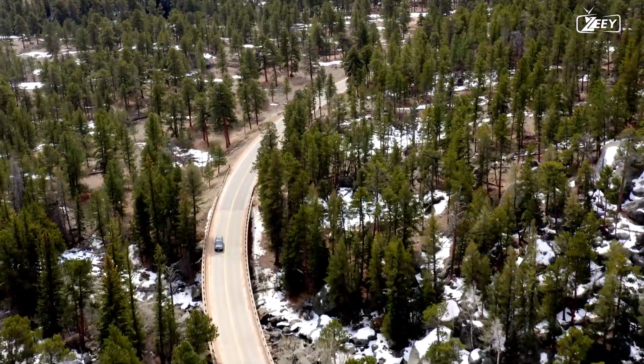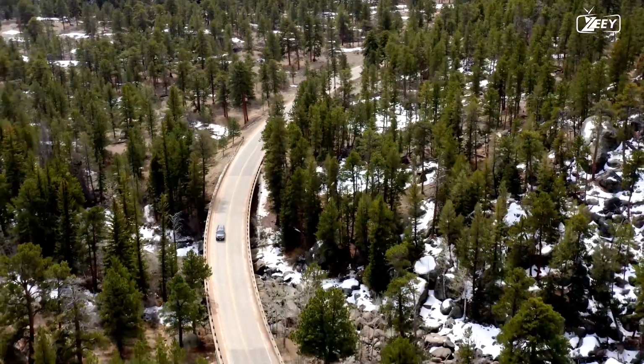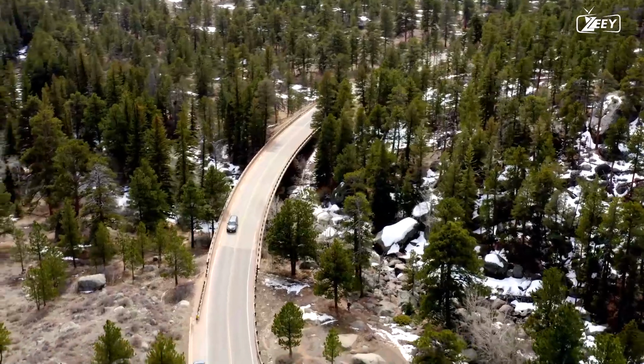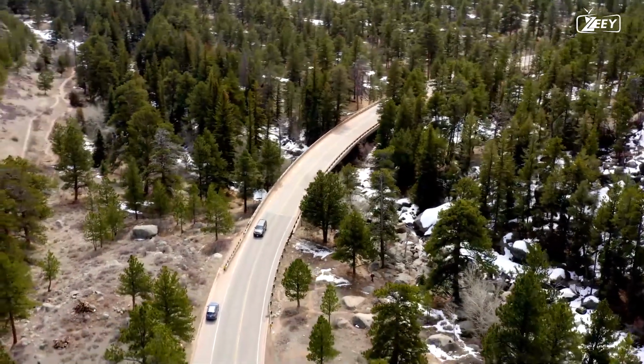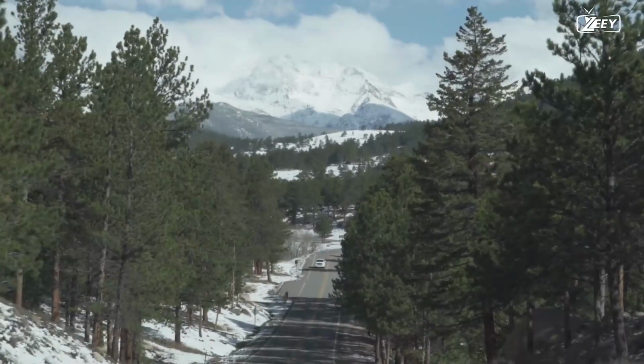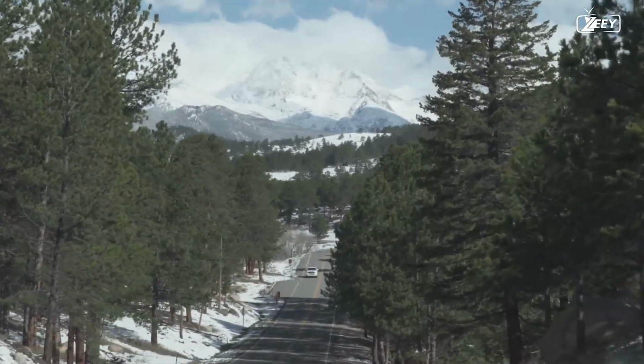Trail Ridge Road connects the entrances in Grand Lake and Estes Park and is 48 miles, 77 kilometers long. The road, which mainly runs east-west and has numerous hairpin twists, traverses Milner Pass through the Continental Divide at a height of 10,758 feet,